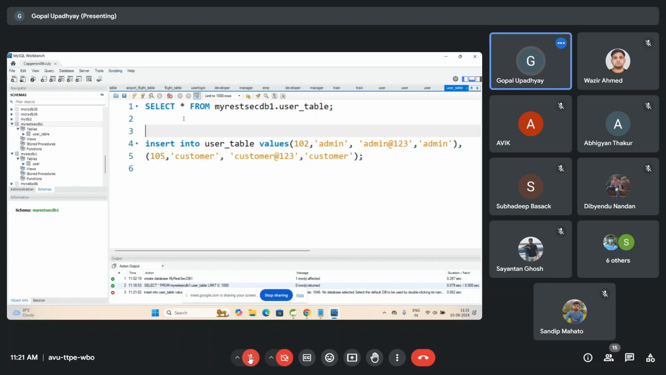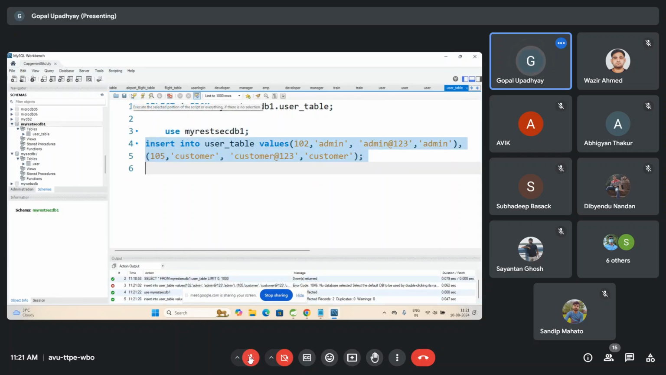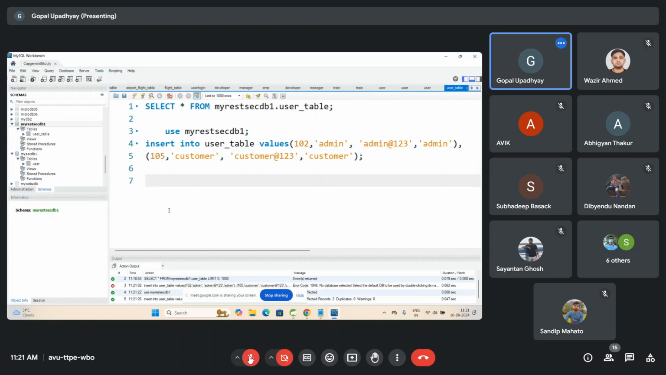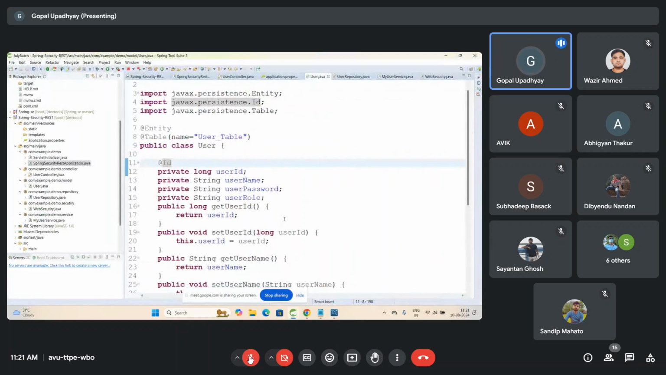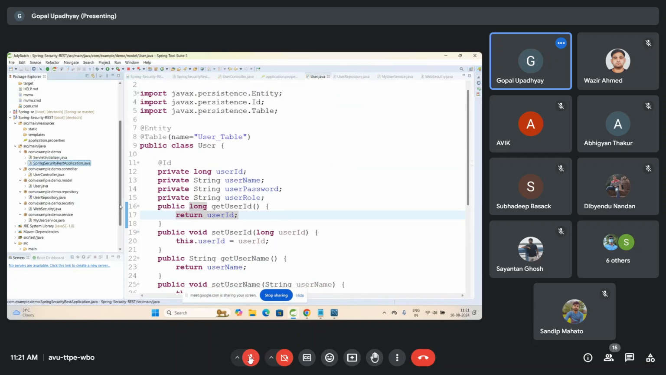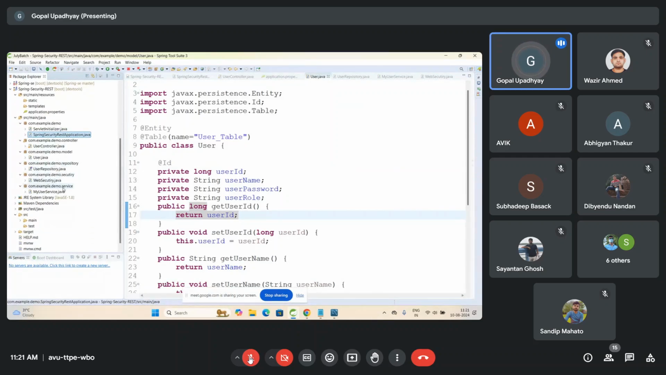No database selected. So use my REST security DB1. Okay. And you can say this table is created for me. Okay, and I'll go here now. So everything is there, and in the user controller,